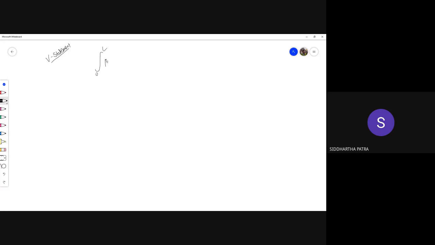This is what the expression looks like: EI W double prime V double prime dx equals integration 0 to L Q V dx plus P times V at L plus,